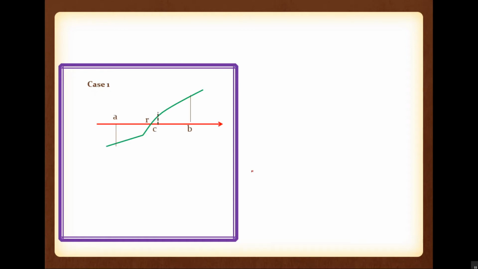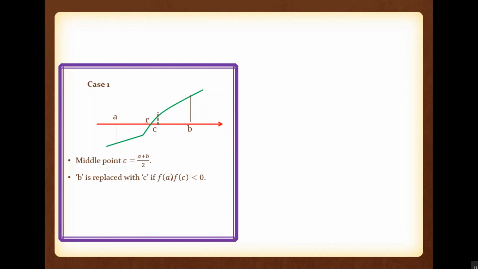This is one case. I told you a is one initial condition, b is another initial condition, and you can see that a and b are the valid initial conditions. So now by using c equal to a plus b by 2, c is calculated. As per this diagram, the midpoint c is calculated, c is equal to a plus b by 2. Now check f of a and f of c.